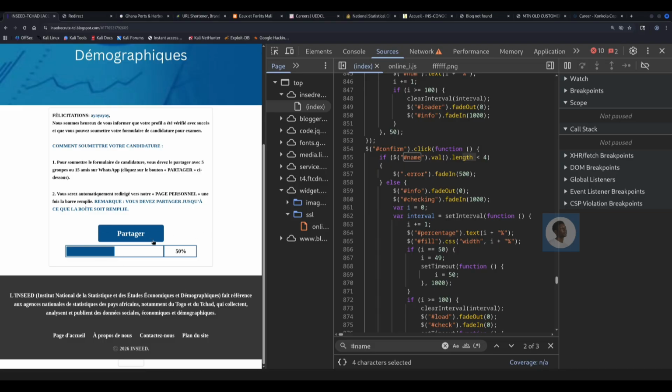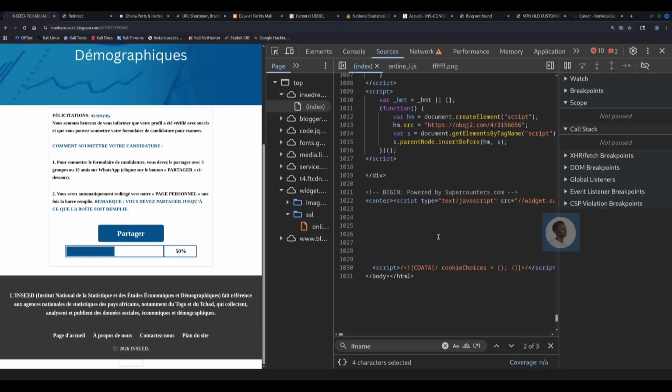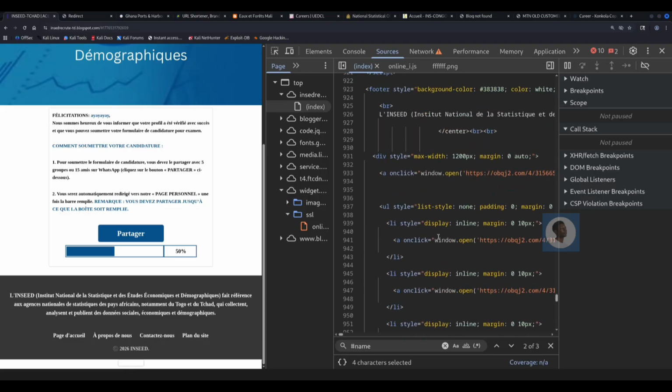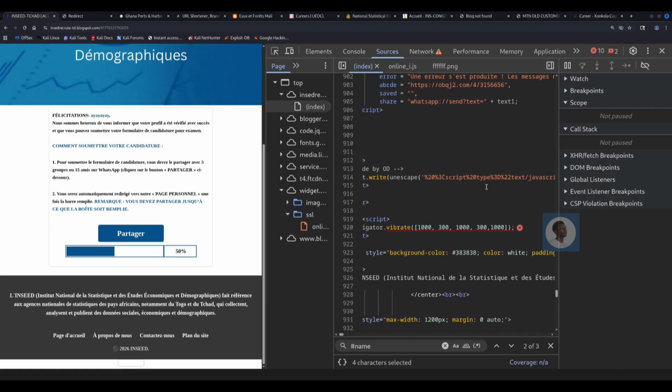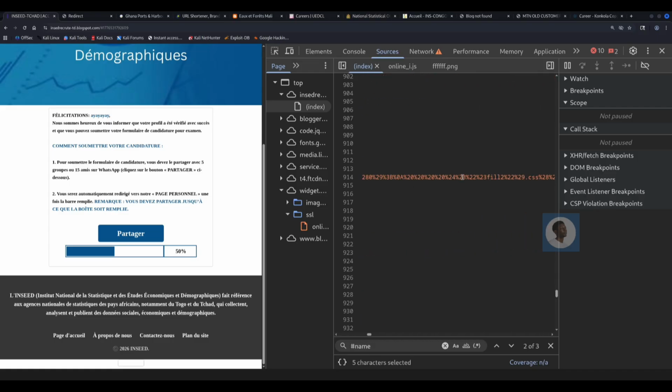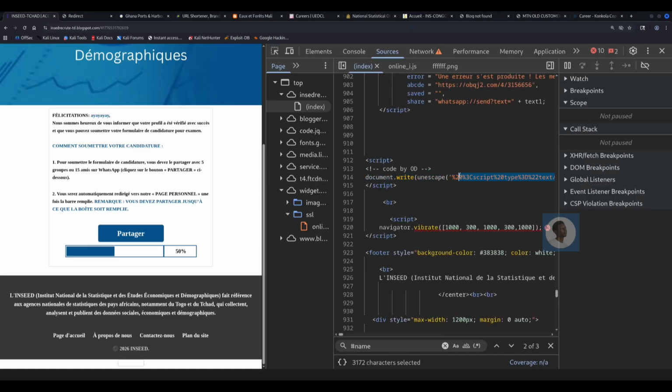Okay, but then this is a hard-coded script as well. In fact, it is obfuscated, because looking at the HTML file, I realized that there was a script over here that has been encoded, right? You can see it starts with script tags. I think it will end with script tags as well. Exactly. You can see this has been URL encoded. So what I'll do is copy this to CyberChef. It is quite long. Yes, so I would copy this to CyberChef so we see what exactly that script does.